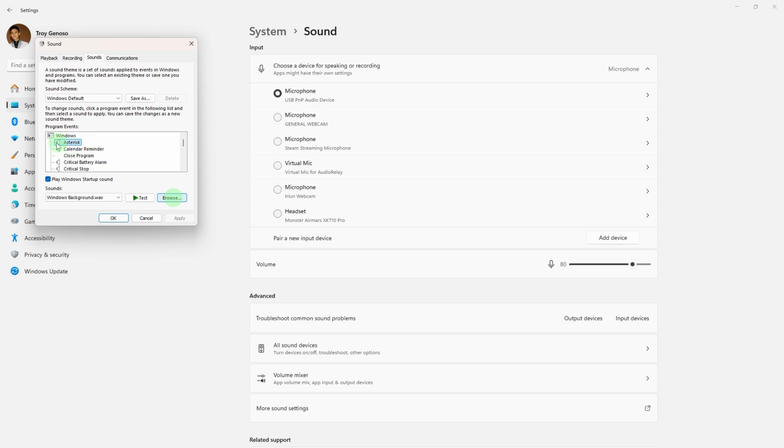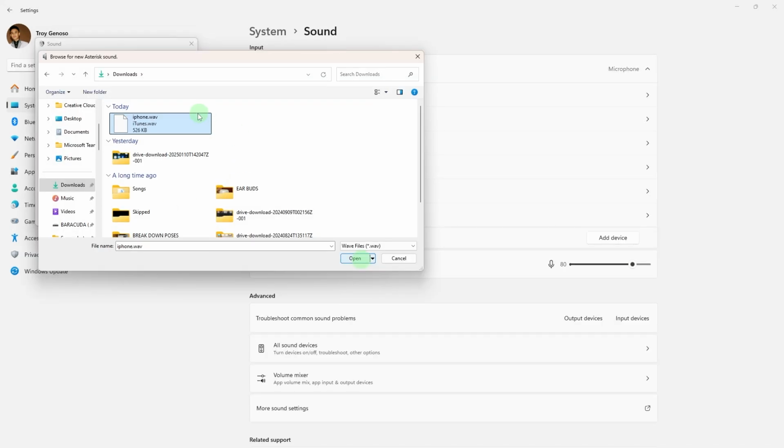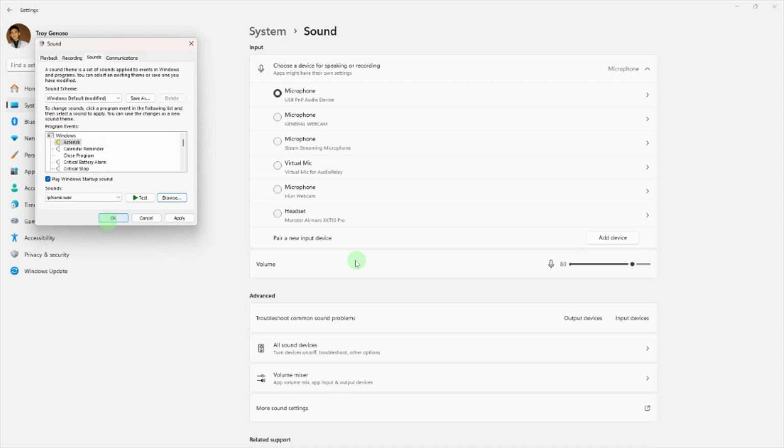Now, click Browse, navigate to the downloaded file, choose it, and hit Open. Now, by clicking Test, you can preview the new notification sounds. To apply the changes, click Apply and hit OK to set the iPhone notification sounds as your specific action notification tone